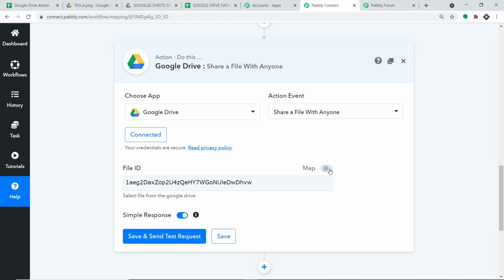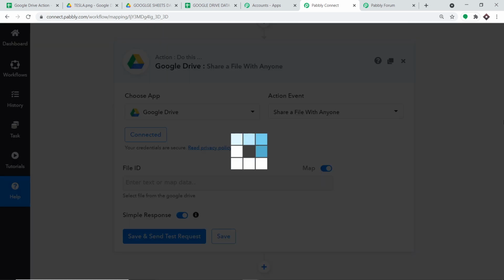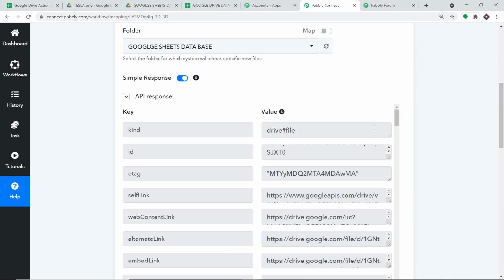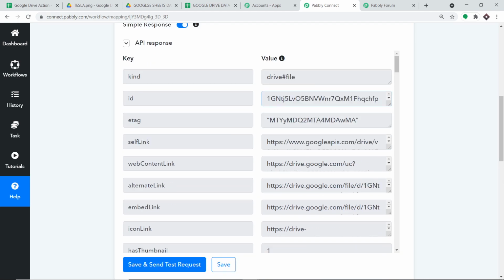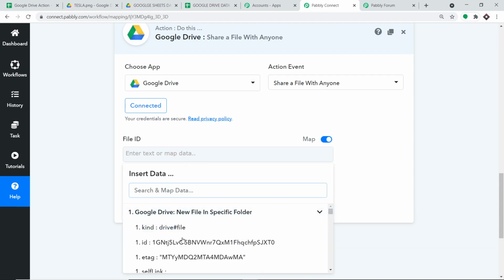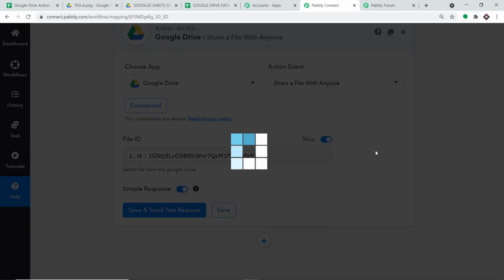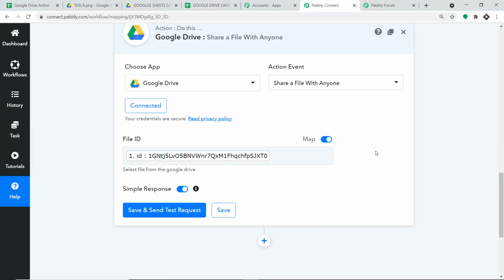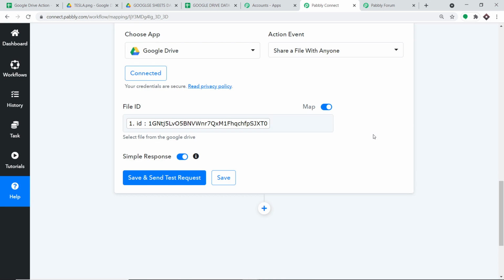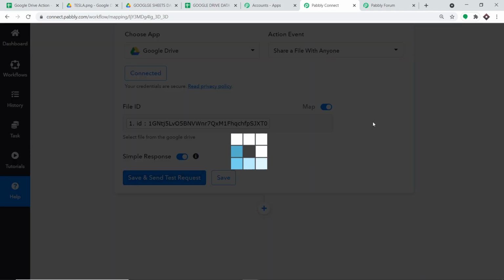At present we have Tesla, but if we upload an image of Ferrari, this part won't change. So basically this is static. What I'm going to do here is toggle this to the right and insert the ID. Your obvious question is, what is a file ID? Let me show you the file ID. So this is our file ID. We are going to map this particular detail here. First I'm going to click here, go to the first accordion, and this is the ID, and we have mapped it. This is the ID for Tesla. I'm sorry, this is the ID for Bugatti. We have mapped it, and let me click on save and send test request.